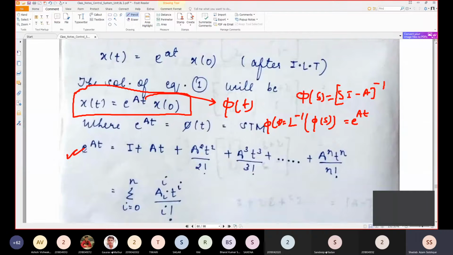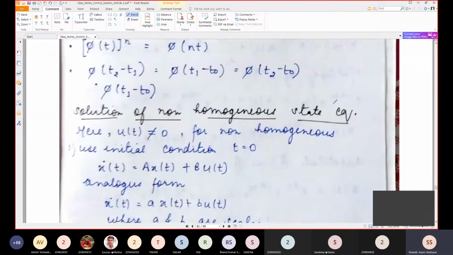The series method is difficult because it goes up to the power n, but n is limited by the dimension of the matrix. Suppose A is a 3 cross 3 matrix, therefore n is equal to 3, so you go up to the third power. You can use either method, but I prefer the Laplace method because it is very easy to solve, though you have to take the Laplace inverse of each and every term. We took care of this in the problem.